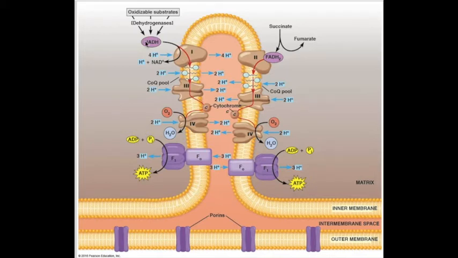So if it's NADH, it's transferred to complex 1. If it's FADH2, it's transferred over to complex 2. But once this happens, the rest of the steps are kind of the same. Once you transfer this high energy electron to either complex 1 or complex 2, it goes from one complex to the next, kind of like a ping pong, right? So it goes from complex 1 to complex 3, cytochrome C, down to complex 4. And ultimately that high energy electron is transferred and actually reduces oxygen